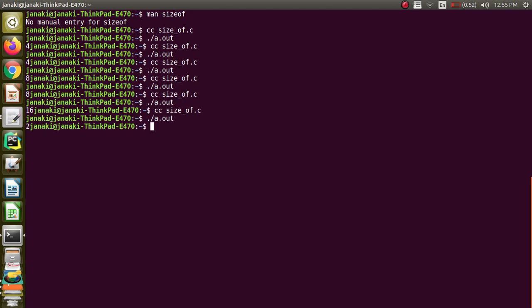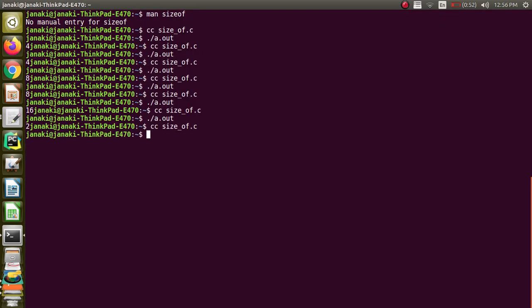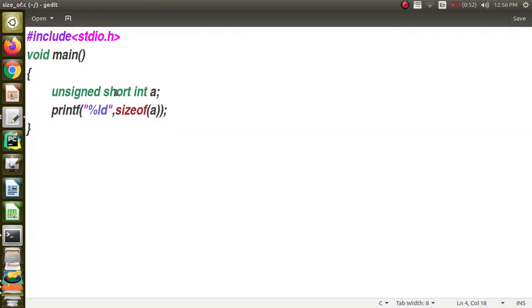So this is how it's going to be, and you can have unsigned. What is the difference between signed and unsigned? In the previous session we discussed this. When you say signed, you can have positive values as well as negative values. The size will not change, but one of the bits, the leftmost bit, is reserved for the sign when it is a normal integer or normal short integer.